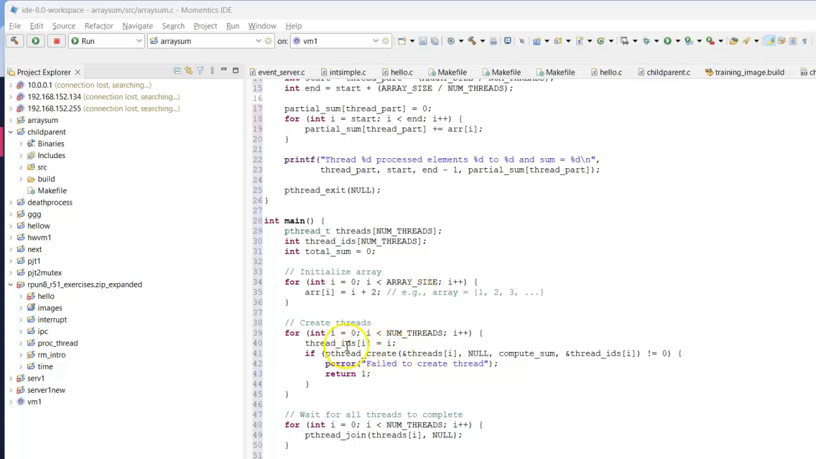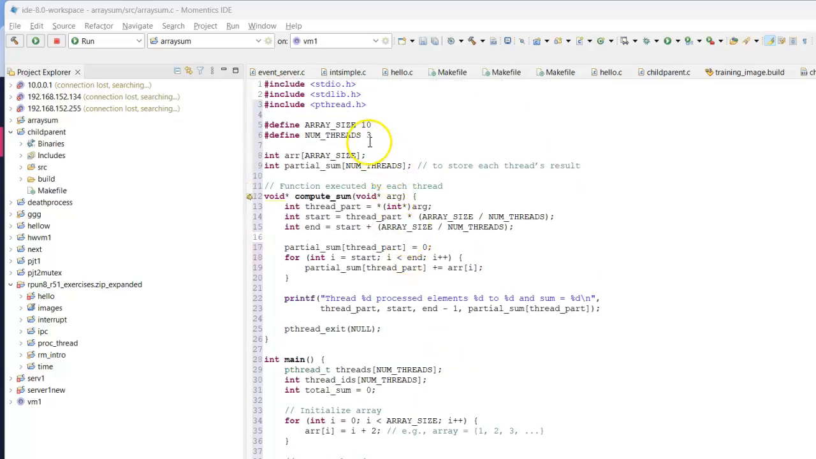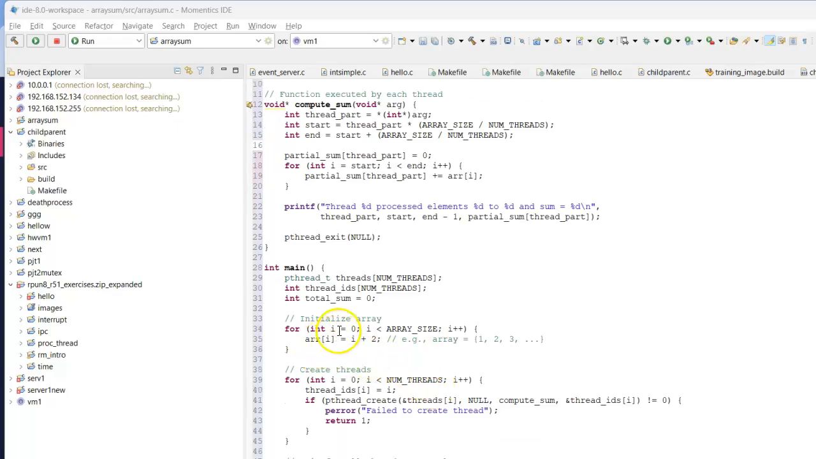Here we have given int i equal to 0, i less than number of threads. So, how many threads do we have in total? We have 3 threads and the array size is 10. Since we have started from 0, the array will take the values from 2. For example, what are all the array elements we have? 2, followed by 3, 4, 5, 6, 7, 8, 9